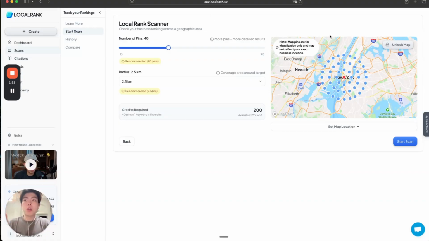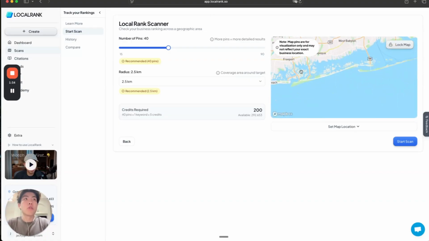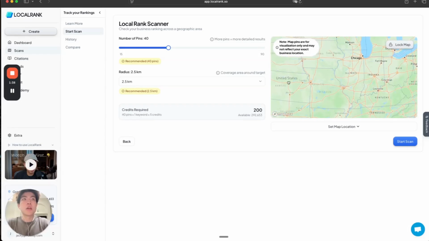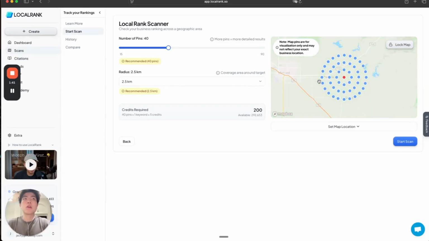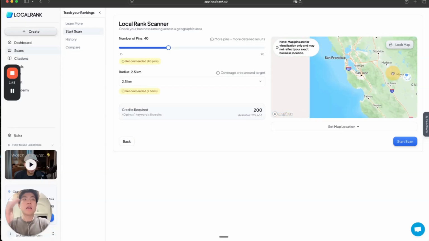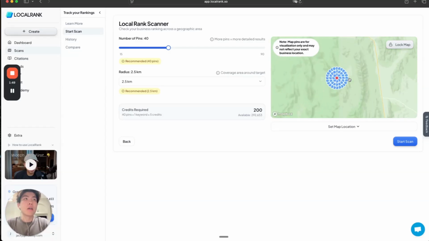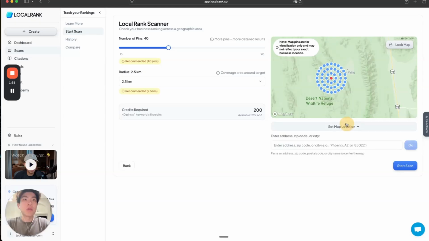So before, what you had to do was unlock it and then you had to move the map, and this was if the location was halfway across the city, like halfway across the world. So now one thing that I've added is you can set the map location. So you can just type in either the zip code if you're in the States, or you can type in the country, or